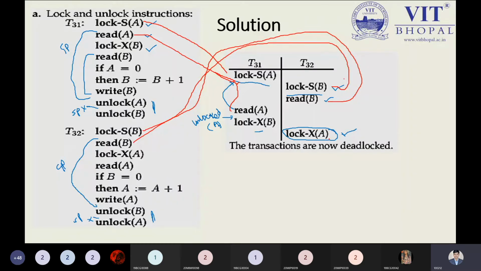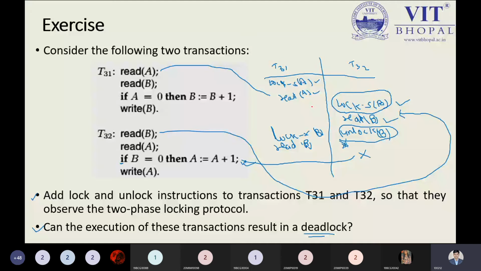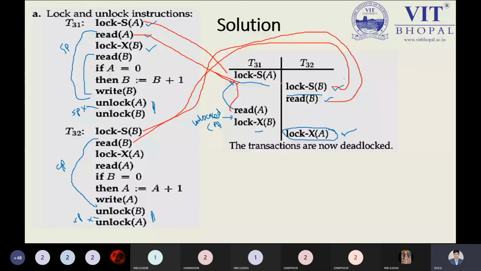I have already explained this. Read A I have taken over here, read B I have taken over here. So this is the point. In my example where I solved this problem, I already mentioned the read A here, not at the bottom side. But in this solution, we have the read A at the bottom side. So which is the point you can put, you have to justify. Here you can say there should be no conflict. Let me highlight this point. Suppose read B, and from this point to this point we don't have any conflict. So conflict should not be happening.